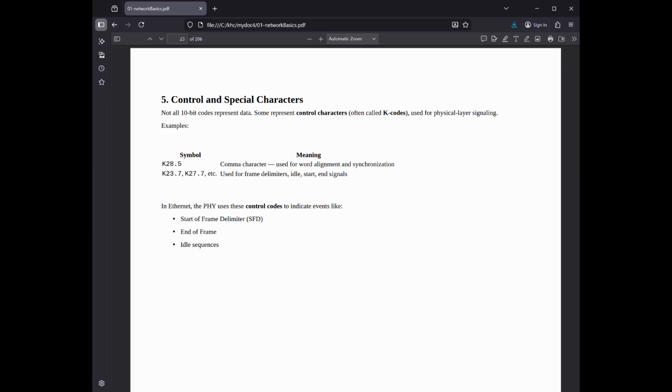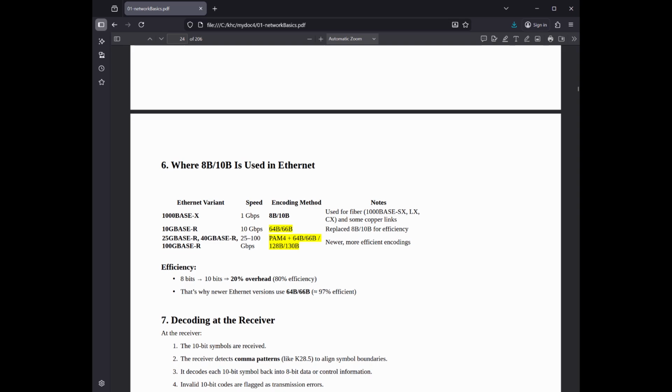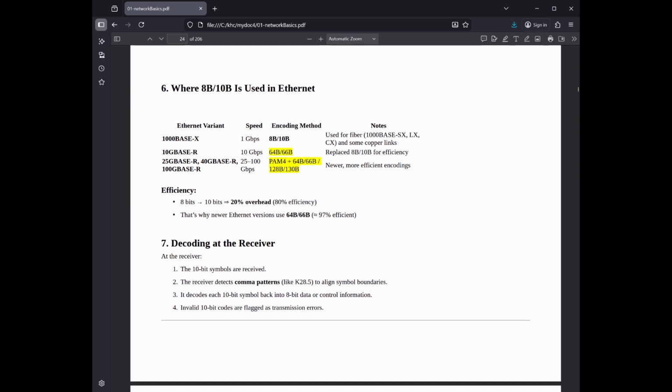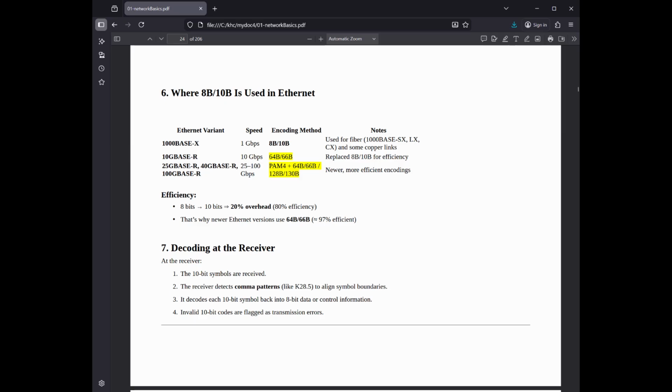8B/10B encoding and similar, more efficient methods are used in the physical layer of various Ethernet standards to ensure signal integrity and reliable clock recovery. 8B/10B encoding usage. 8B/10B encoding is primarily associated with gigabit Ethernet standards, specifically those operating over fiber optic and some short-range copper connections. Ethernet standard, speed, media, encoding: 1000BASE-SX/LX/ZX, 1 Gbps, fiber optic,